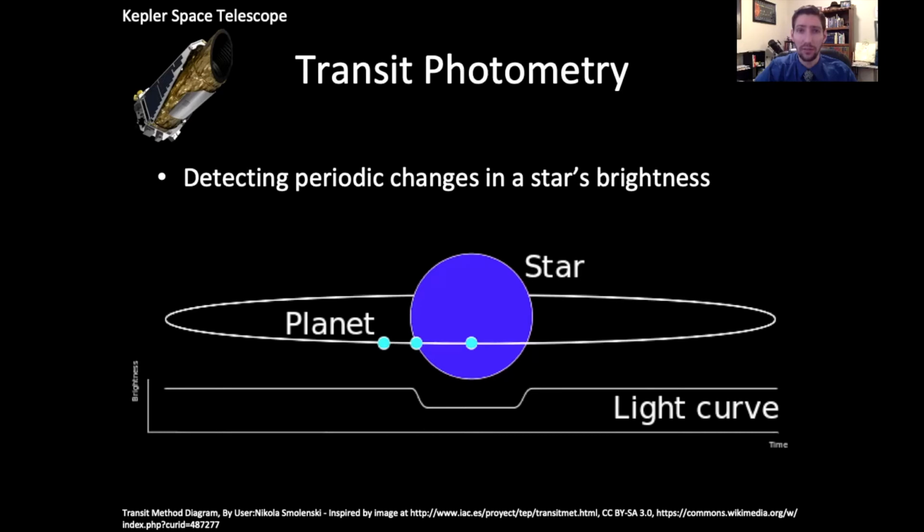that star's brightness. From the transit depth, which is how much light the planet blocks, from the transit duration, how long it blocks that light for, and from the ingress and egress duration, how long it takes the planet from blocking none of the star to go over that edge of the star and blocking all the light it can from the star, and then back again to blocking none of the star. From those values, we can determine the star's mass and radius, the planet's radius, the semi-major axis, eccentricity, and inclination